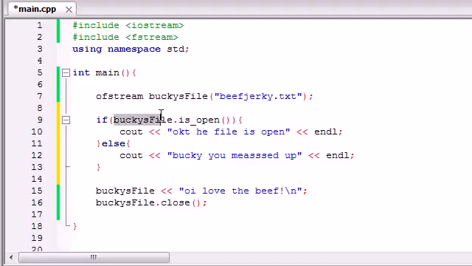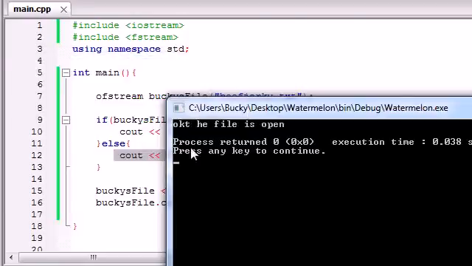So whenever we check if the file is open, is_open really isn't a good name. It really should be like "if object is associated with a file." That might be a better name for this, but that would be a lot of text. So what this line is going to do is check if this object is associated with a file. If it is, which it is, it's going to output, okay, the file is open. If it's not and we did something wrong, it's going to say, Bucky, you messed up. So let's go ahead and run this, and indeed we get, okay, the file is open. So we're saying, alright,